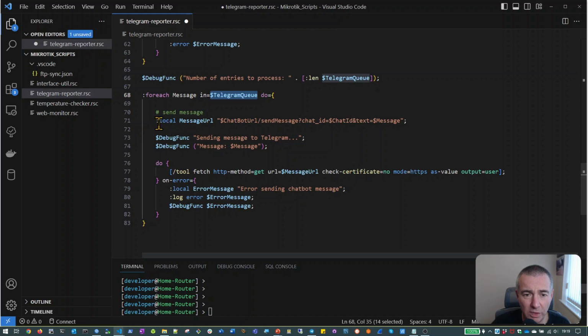So what we do is we create a message URL. This is how we have to structure the data to send it to the Telegram service. Again, you'd need to check the API documentation to understand the format of this. Now, I won't cover it here because it's just going to take too long, but we basically create a message URL. We then have a couple of debug messages saying that we're sending a message and what that message is